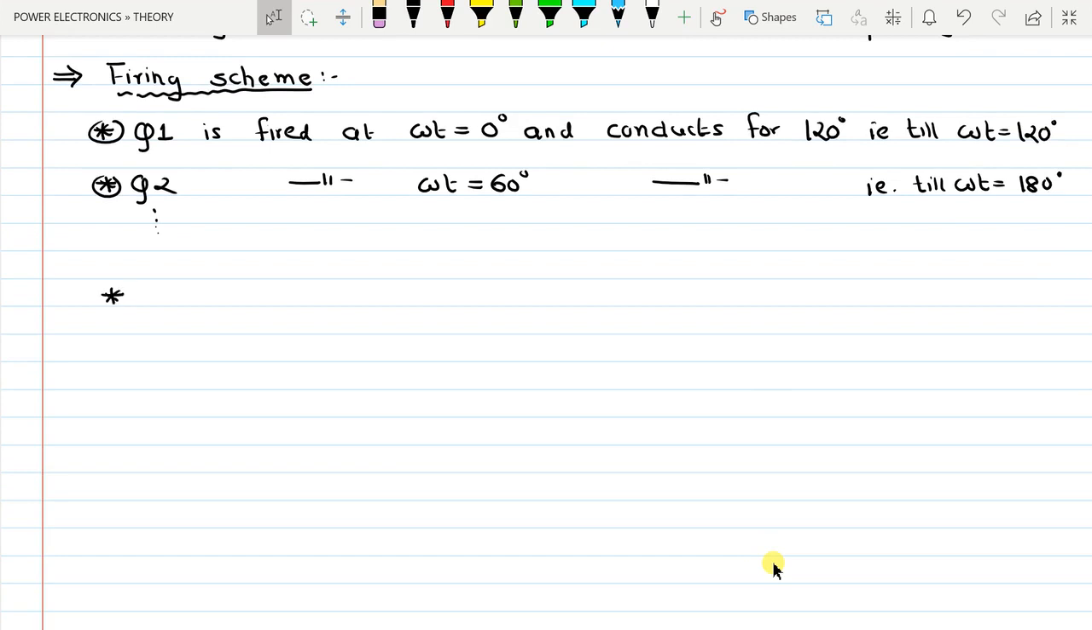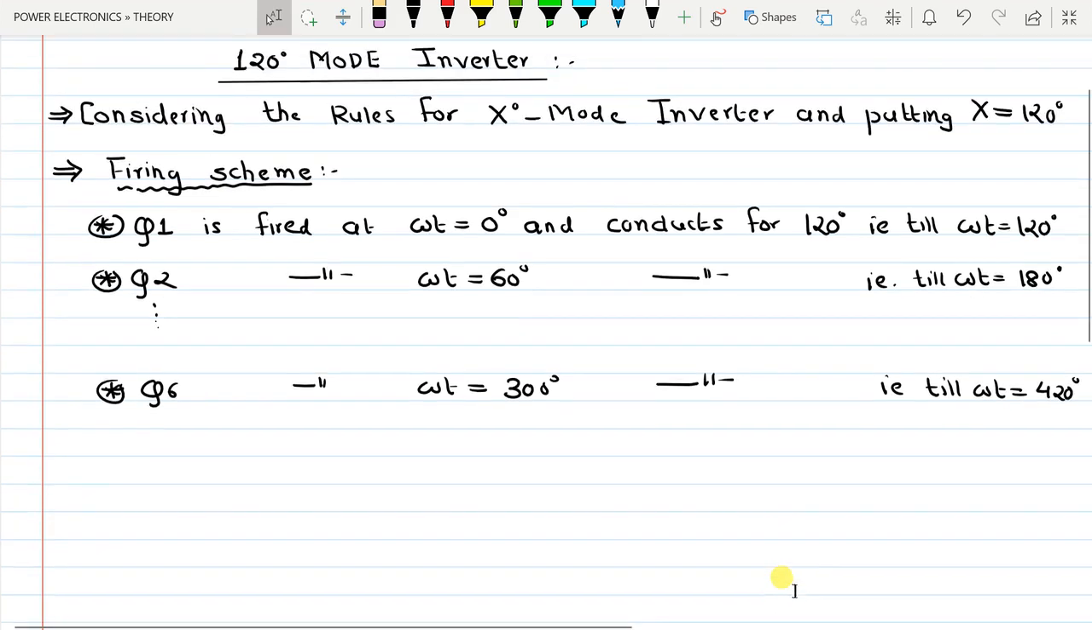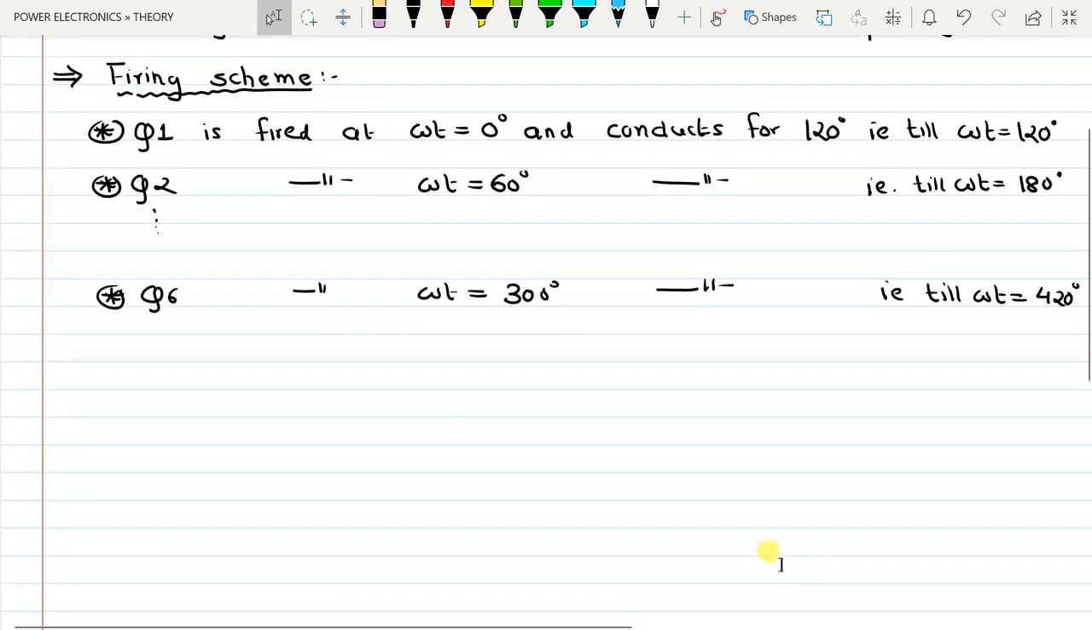Similarly, Q6 will be fired at omega t equal to 300 degrees, following the firing angles 120, 180, 240 and 300, and it will conduct for 120 degrees, that is till omega t equal to 420 degrees. So based on the firing scheme which we have written here, we can draw the firing waveform for